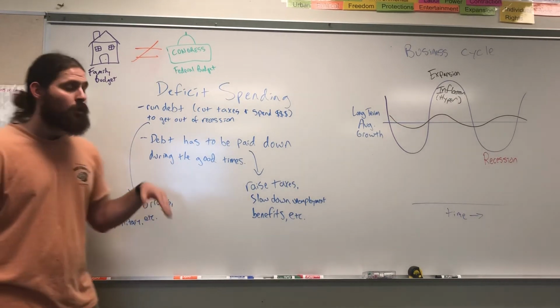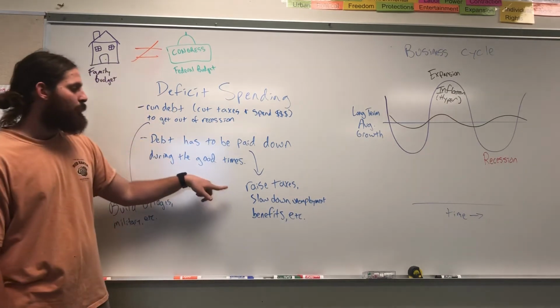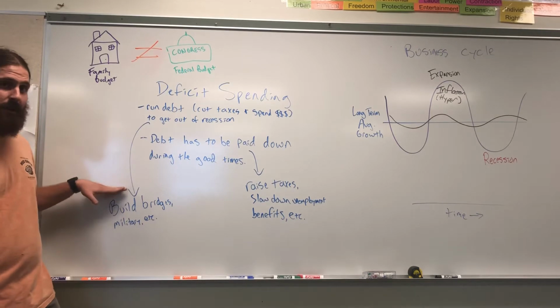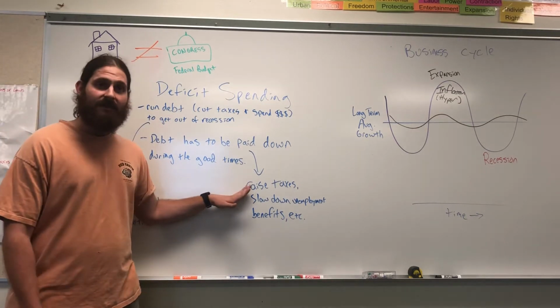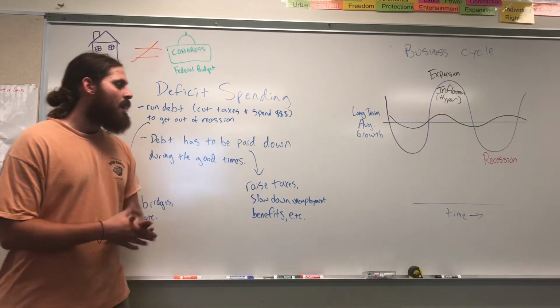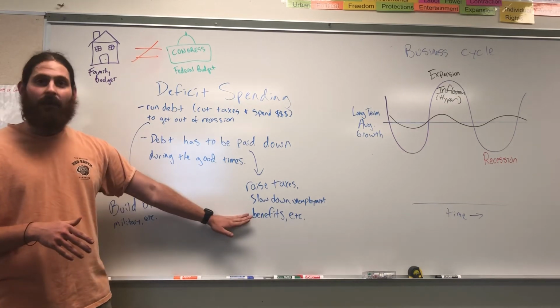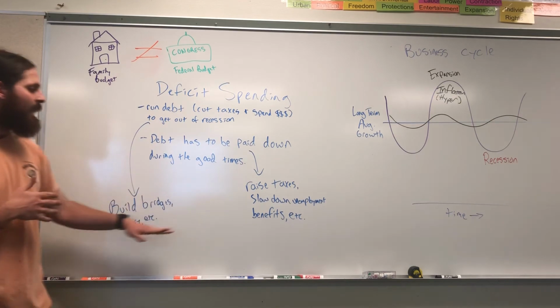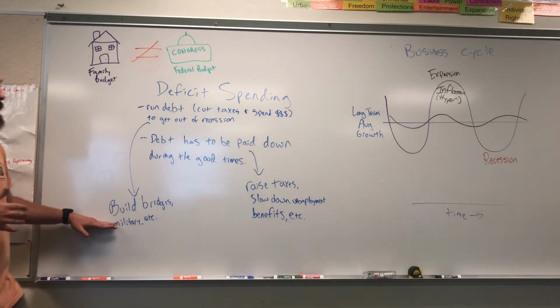Okay. Now, what ways can you pay down a debt which you have accrued? Number one, you can increase revenue. That's done through raising taxes, okay? If you had all of these tax cuts during the period of depression, well, we gotta raise taxes to make more money, okay? We also aren't gonna be paying out as much in government programs, and this kind of makes sense. If you were paying out lots to people on unemployment here, well, now